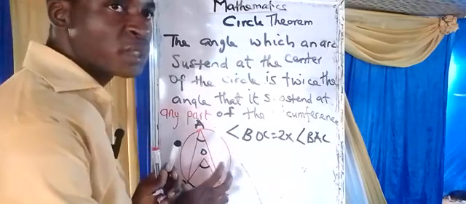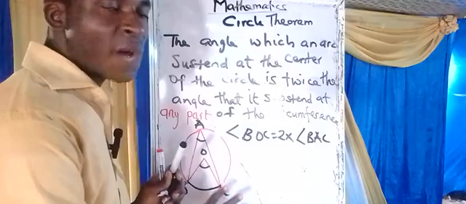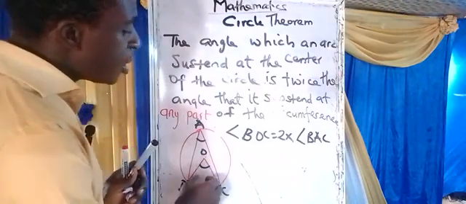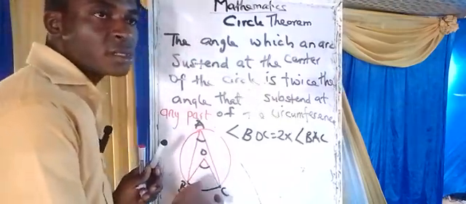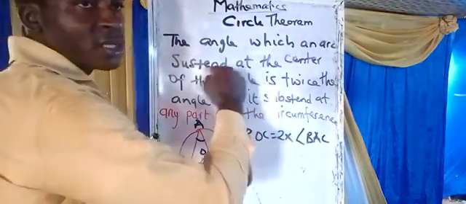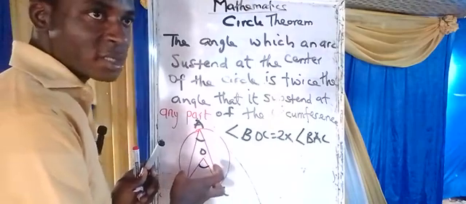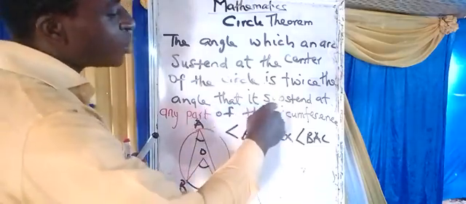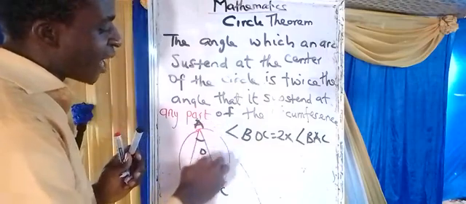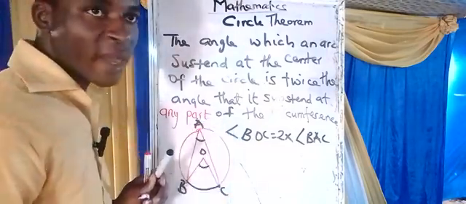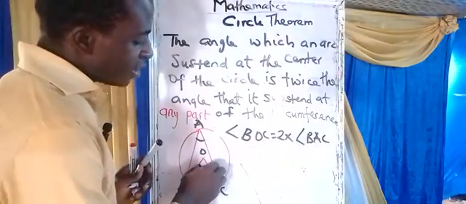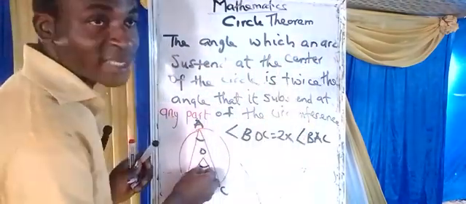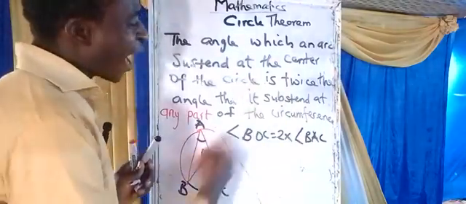This is not the only form we have. We have about three forms of it. This one is just the first one. I'm going to bring the others. So what this one is simply telling us is that the angle which the arc subtends is equal to two times, that is twice, the angle it carries at other parts of the circumference. Don't forget, it's carrying it at the center. That's why we say the angle which an arc subtends at the center is equal to twice the angle which is subtended at